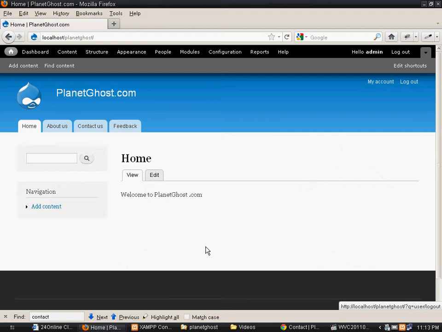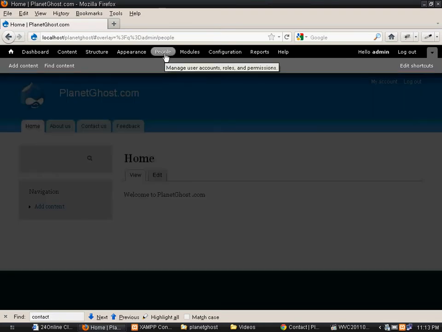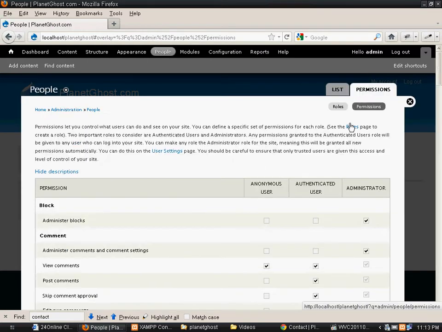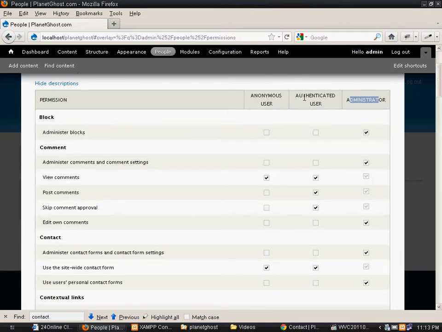For example, we have a few roles in our site, which we saw in the previous tutorial. We have anonymous user, authenticated user and the administrator. Now we are logged in as administrator, but we have by default the authenticated user who can post comments.